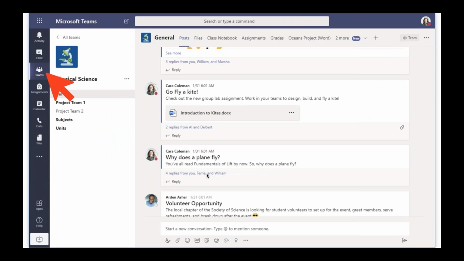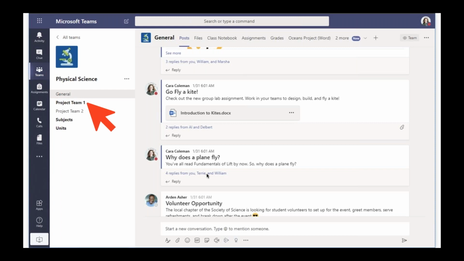So on the left-hand side of Teams, you have links to activities. So these are like notifications of chat, messages and replies that you'd get on Facebook, for example. And chat, so if we go into Teams, we can click on the channel we are working in and we can start a new conversation easily and quickly.